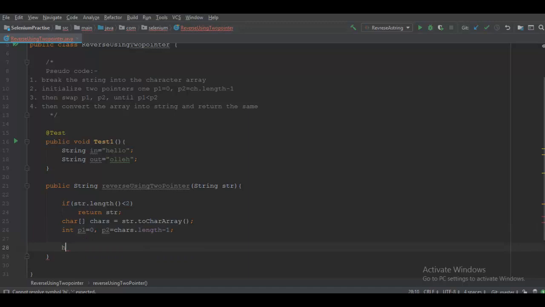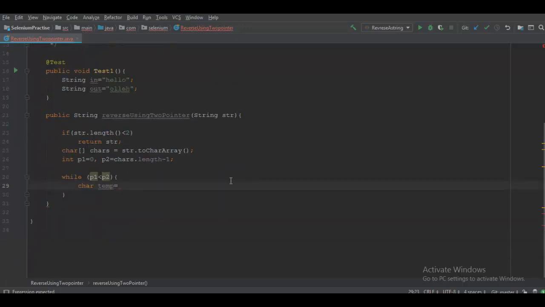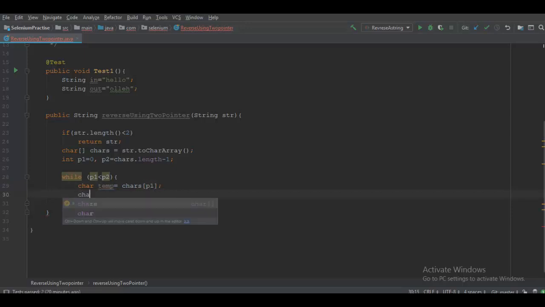Now my actual logic comes here. While p1 is less than p2, I just have to swap these things. To swap, we all know that we need one additional variable, which is temp here. I'll keep chars of p1 in temp, then put chars of p2 into chars of p1, and then put temp into chars of p2.